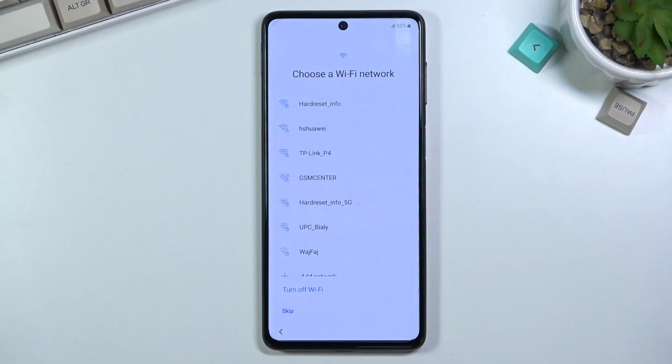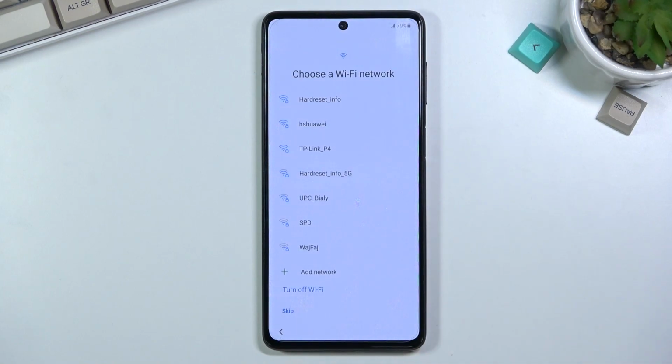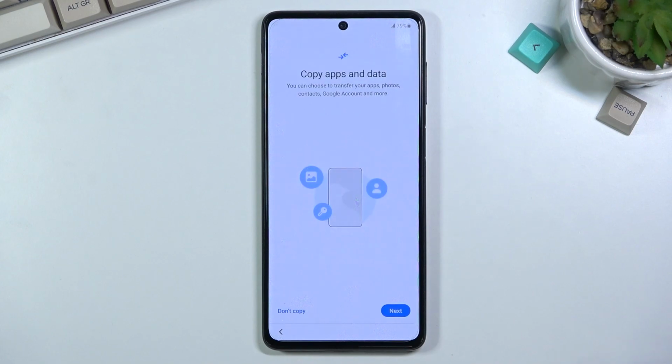Now, by doing it the same way I will lose the ability to log into the Google account throughout the setup. Later on, after the setup is complete, I can connect through to Wi-Fi and then to Google account by going to settings. It just won't be provided as neatly as it is here. And additionally, date and time won't be set automatically. So anyway, I'm going to skip this right now, and this brings us to the copy apps and the data,